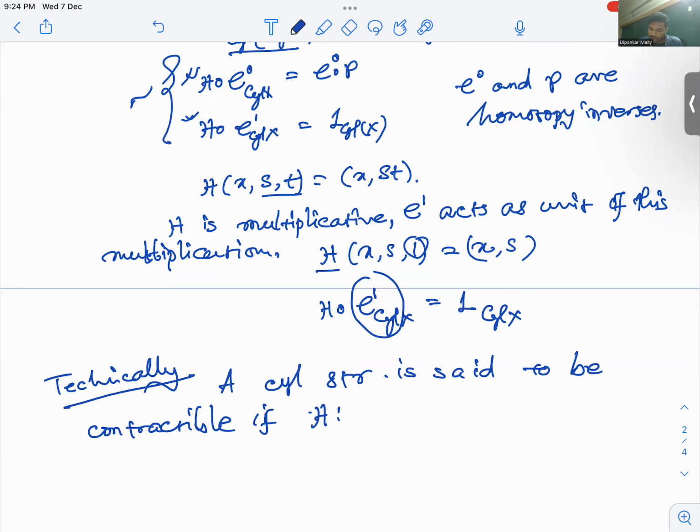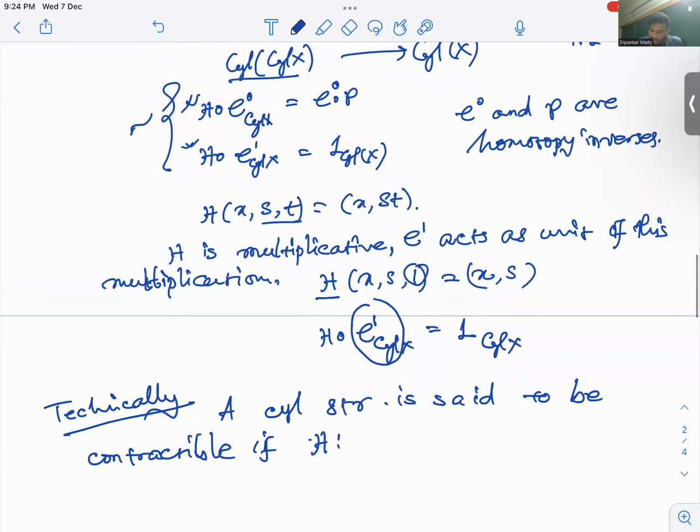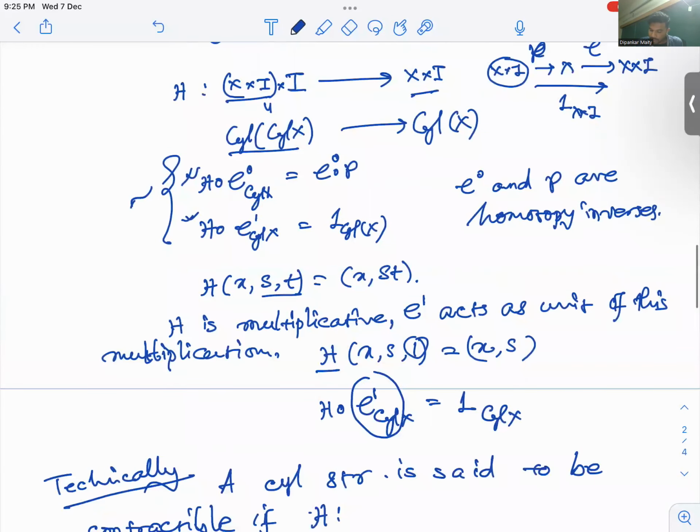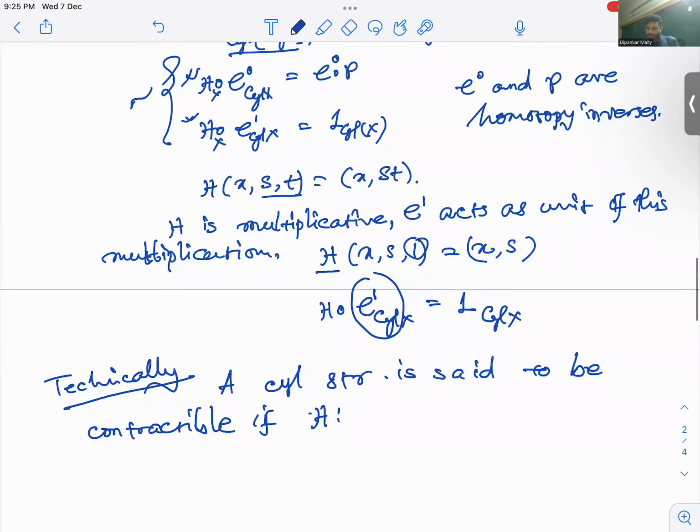Well, you see, in all of these cases I was looking at a particular object X, so I can put X here and make it look like a natural transformation. So if there is a natural transformation H, or I'll write M now instead, natural transformation M